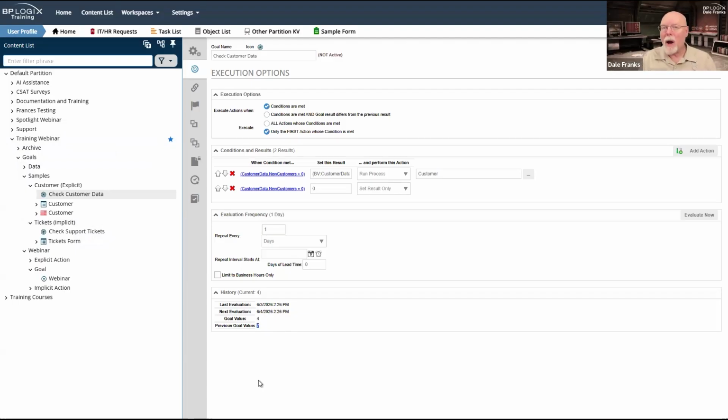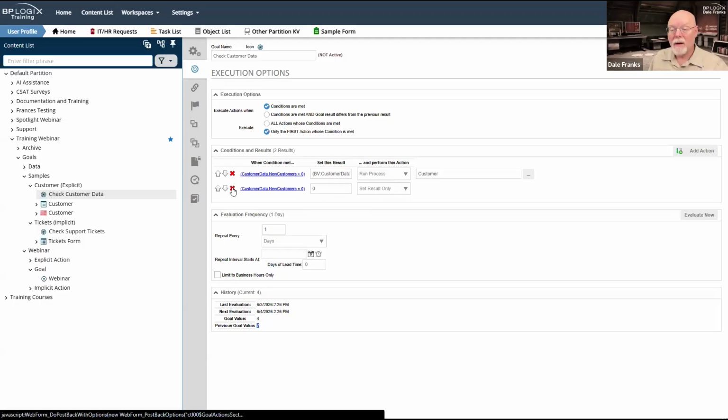So the reason that we might want to do this is, let's say that what I'm doing for this goal is not really applicable, which is why it's configured the way that it is. I actually, if there are any new customers at all, I want to run a process. And if there are no new customers, I won't run a process. Now, technically, I could erase this second line where it just says customer data, new customers is greater than 0.